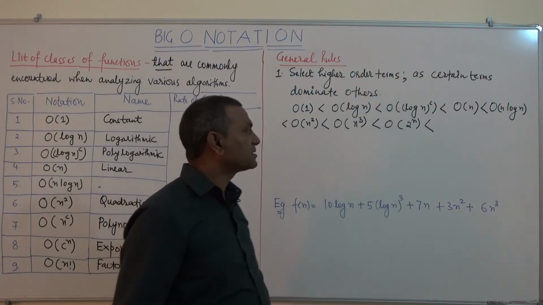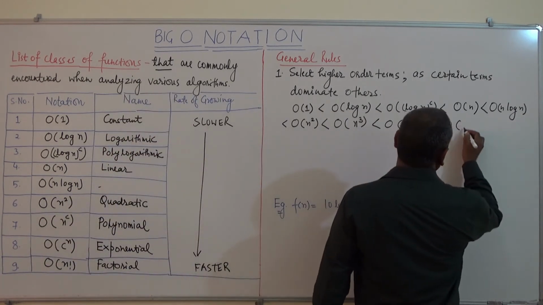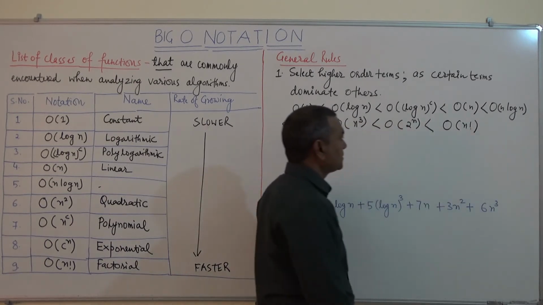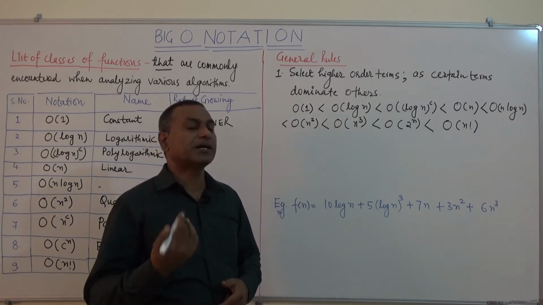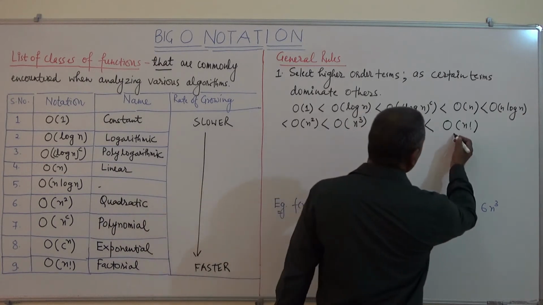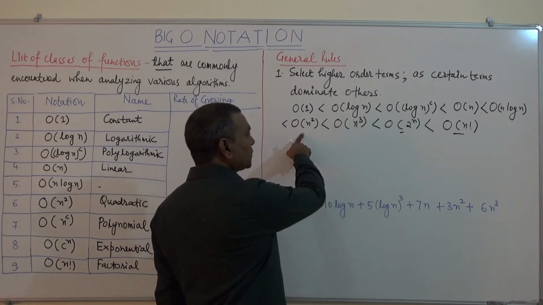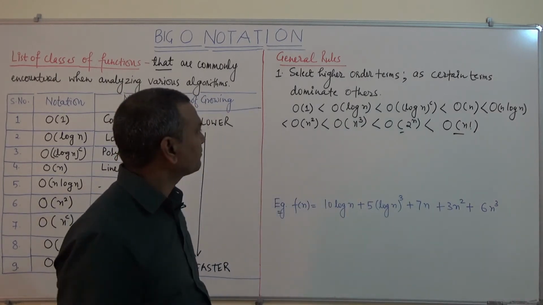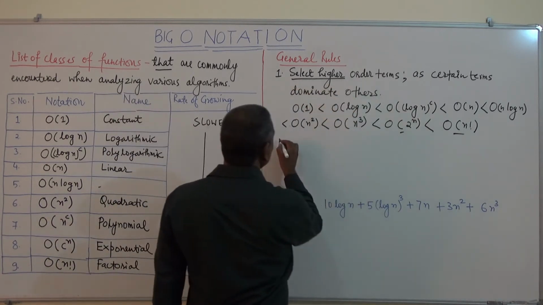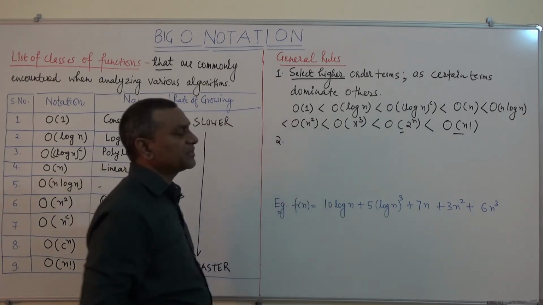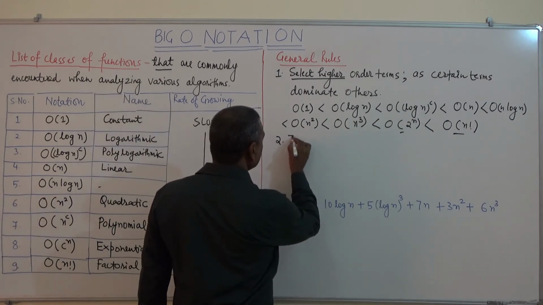So we have to remember, this is a very important concept. And then order of n factorial. So here we can say certain terms dominate others. Like we can say this term is dominating this term, which is dominating this one. So on the basis of this, we will select the dominating term. So this is rule 1, and then rule 2. Rule 2 is very simple. After selecting the higher order term, we will ignore the constant.